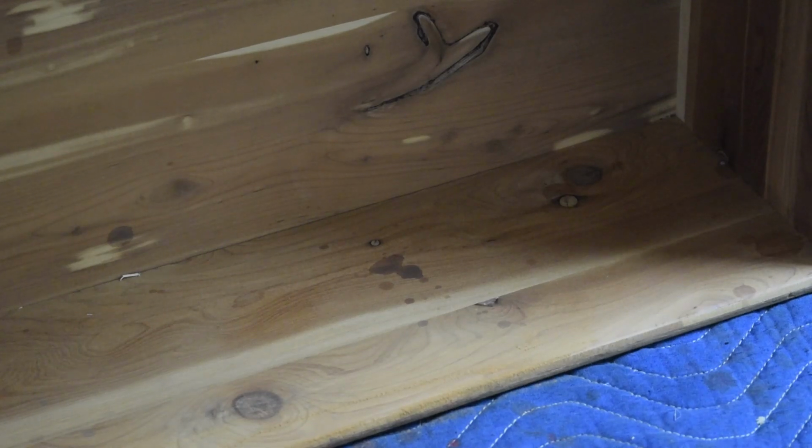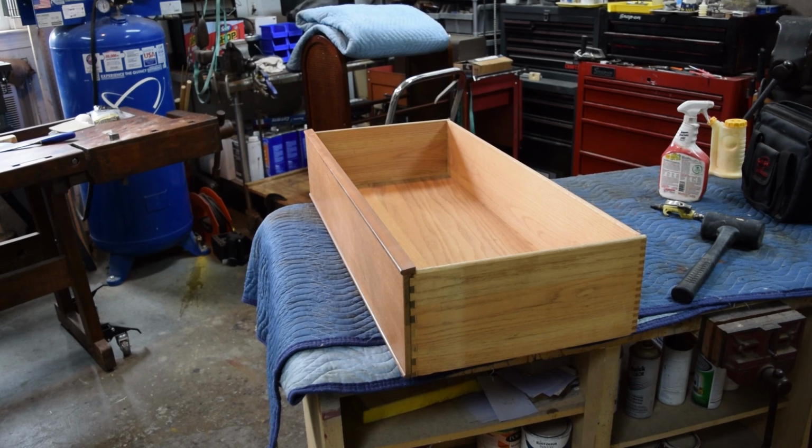That's it. It's things like this that we do as we go through looking for repairs that give us a higher quality job and also make the final finishing a whole lot easier when you know that everything's been taken care of. One other tip, when you're checking drawers,